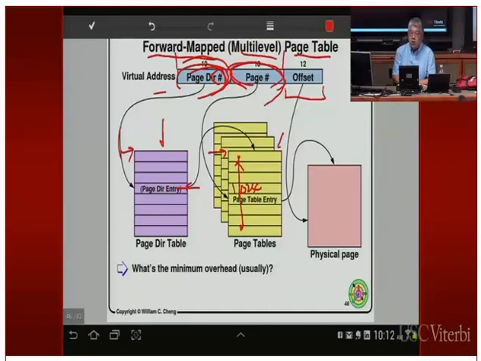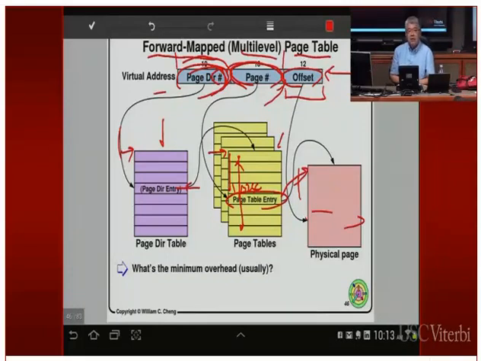You use the middle 10 bits to give you an offset into this page table, and what's in it is again a page table entry, just like the previous one. That gives you a physical page, pointing to the beginning page address. You add the offset to it, and then you get the actual physical memory location corresponding to this virtual address. So instead of doing one translation, you do two translations. This is what Intel has.